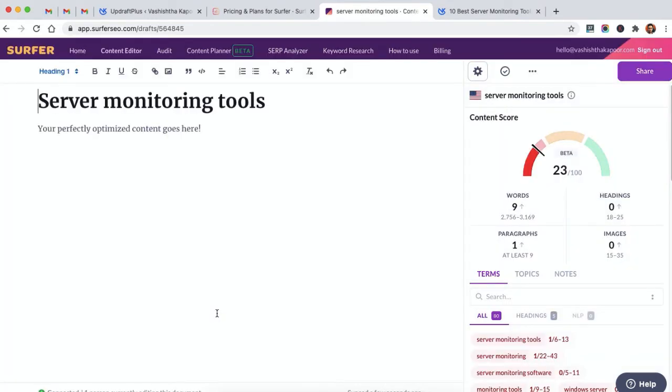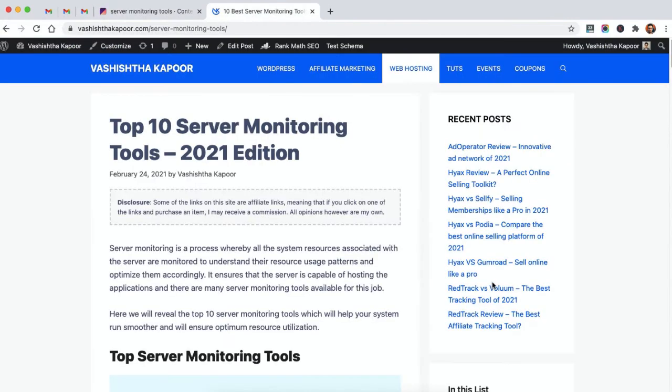Cool. So here you can see our very own SEO content editor, where we can write content or copy from existing content and optimize it to reach the best SEO score. So for this video, I'm going to use my existing content on this keyword. I will analyze its SEO score, improve it to reach the best possible optimization.